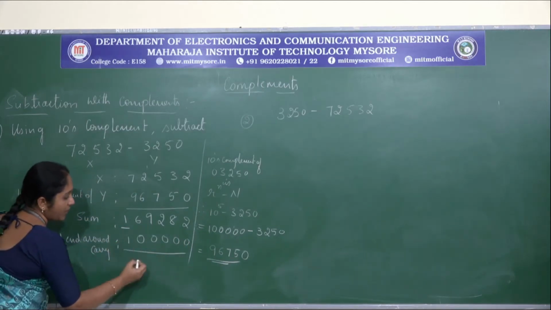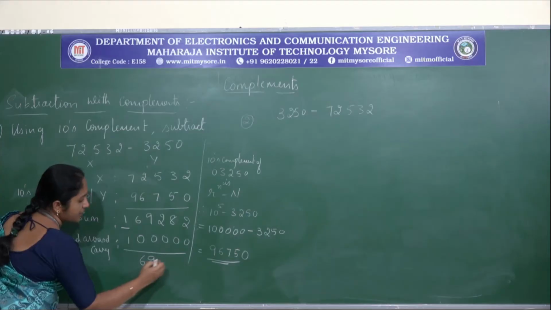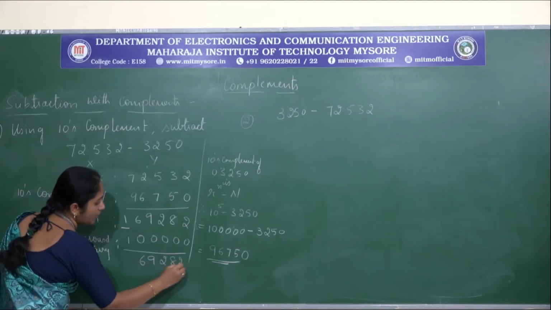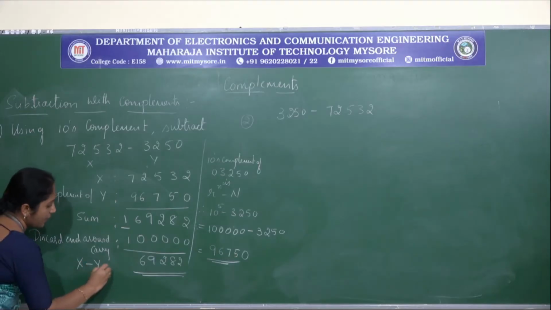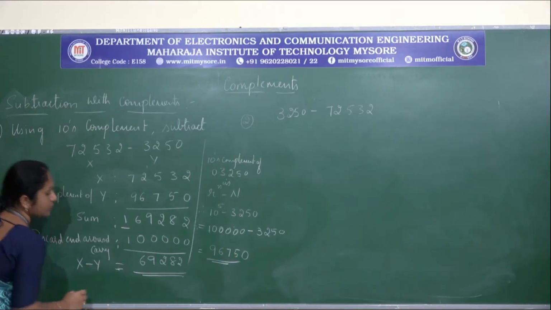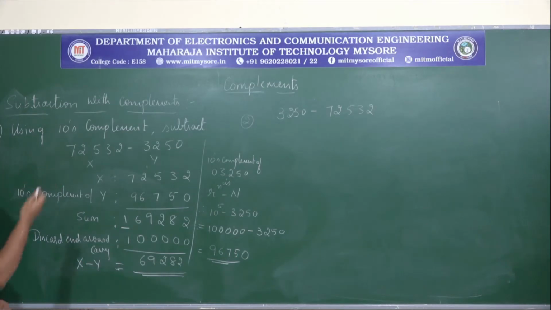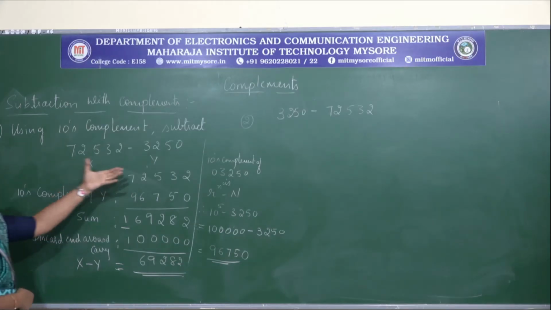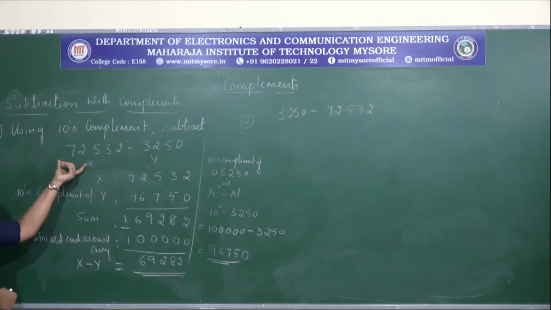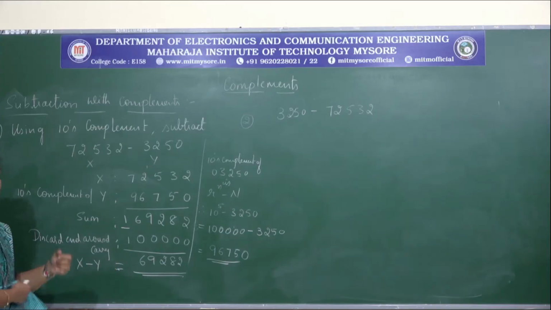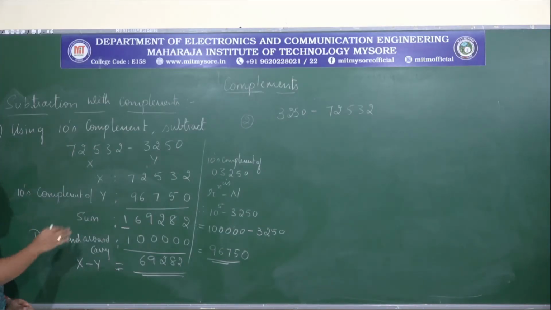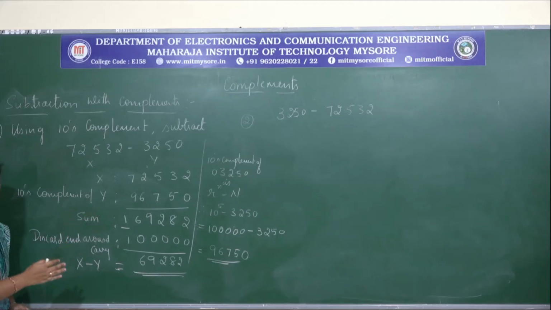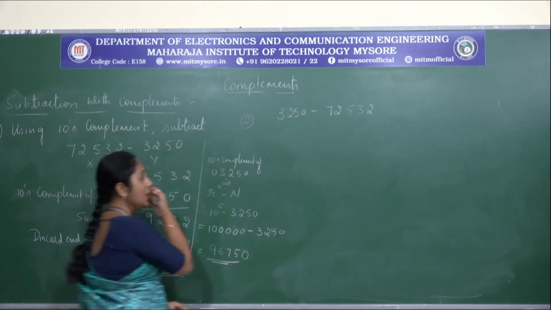So if you subtract, what is the answer you are going to get? 69,282. So this is the answer for x minus y. So subtraction of 3250 from this gives the answer we are going to get. So this is the tens complement, using tens complement, this is the procedure. Now let us see the